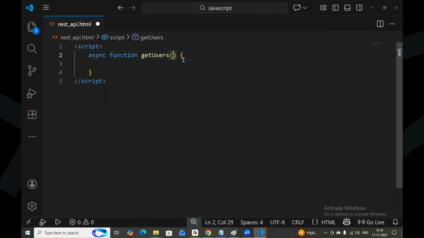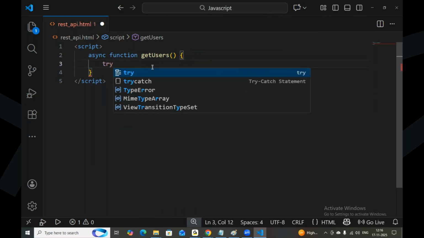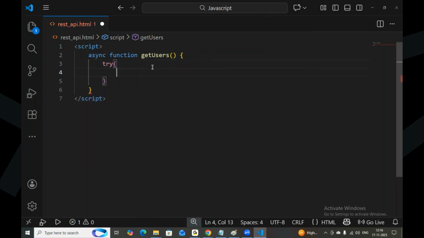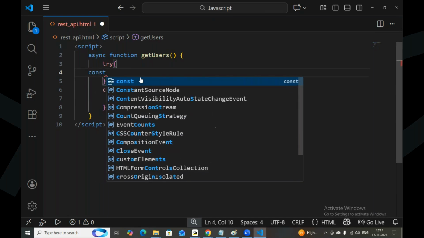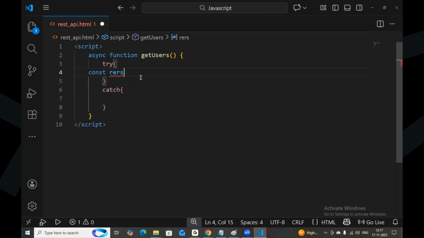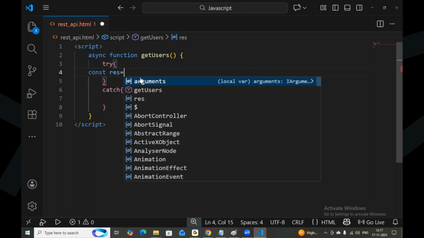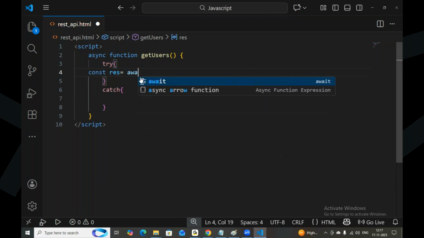I don't have any parameters for that. Inside that, let me go with the try catch method. If it is success, the try block will execute. If it is a failure, it will catch the error in the catch block. Without the program failing, I can get the data. In the try block, let me write const response is equal to await